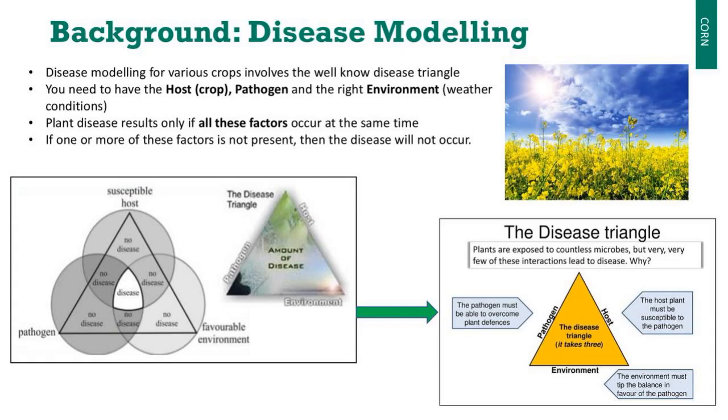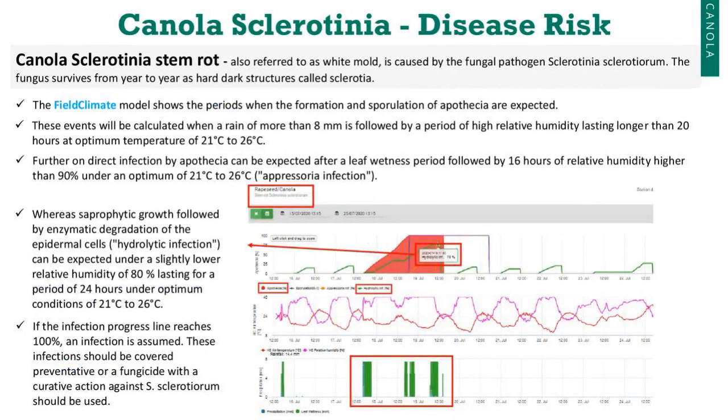So it's really looking at what are the right environmental conditions that lead to this particular disease. And there's one thing an in-field device can do: very accurately track what's happening in terms of the weather for the biology of that particular pathogen. In this case, it's Sclerotinia that we're talking about. So in our software, we have the ability, based on very local conditions.